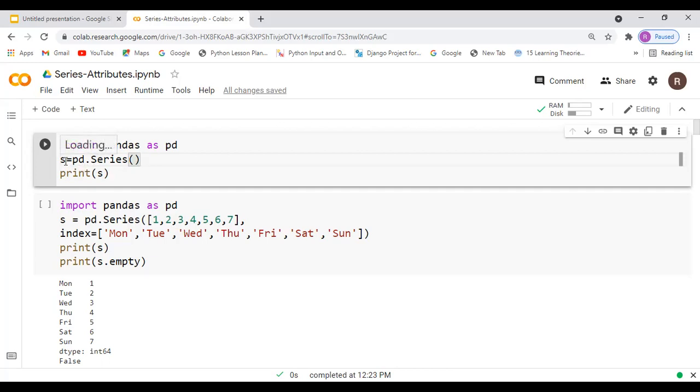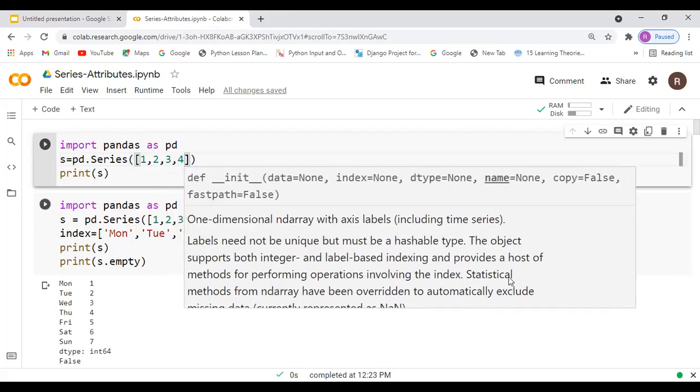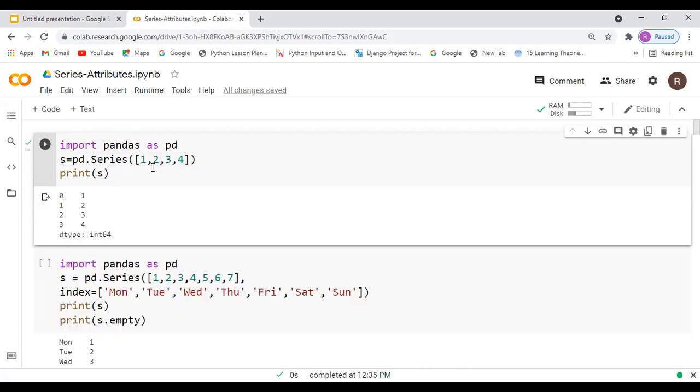I have given my object as s = pd.Series, using a list to create some data. When I give print(s), whatever is stored in the data, the leftmost column is the index, and what we get next is our values, and by default we get the data type. Here all the data we have stored is integer type, so dtype int64.